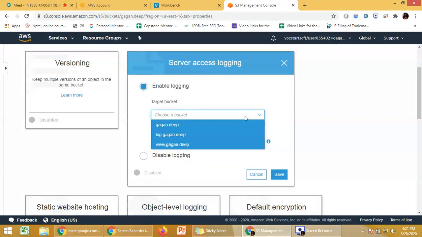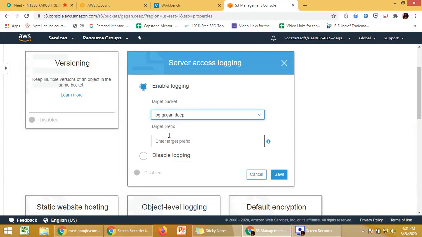Then I need to choose the target bucket. The target bucket will be log, which we have created. Then this is a target prefix. Like if I want to store a file in this target bucket, with which prefix I am going to store it. It is up to you. It is not compulsory that you need to mention it. If you want, you can. If you don't want, it is fine.